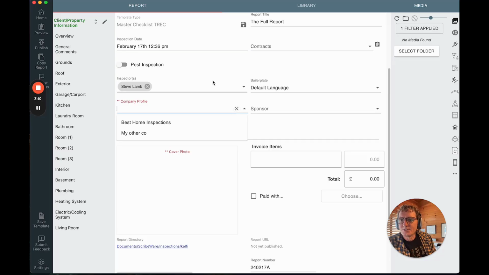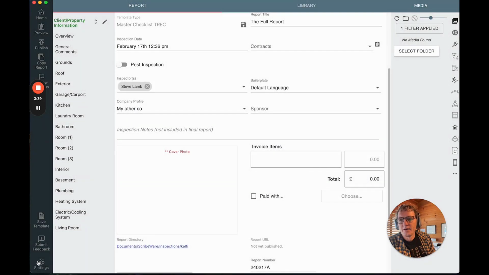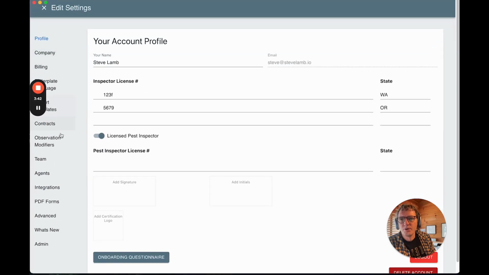In other situations, you may not want that to be the case, and so let's say that you have a team of inspectors that do different inspections based on state, for instance. And if you have a different company in each state, then you may want to always have this be blank and show up as a required field. So you can do that through